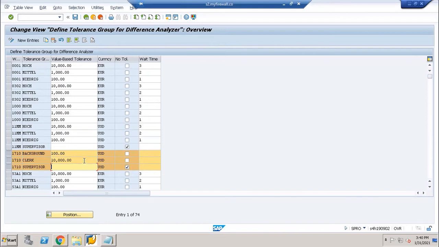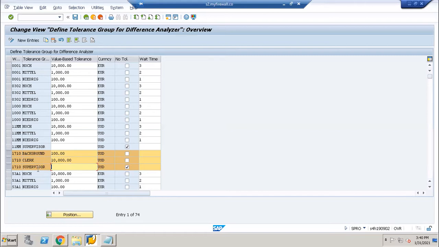Quantity is directly related to the value as per the materials accounting view, right? So these are the three specific tolerance groups we have defined. One is the clerk. Background means user specific, maybe some super user or end user. For clerk, it is 10,000 USD. For supervisor, it is blank, means limitless, no limit. He can do everything.